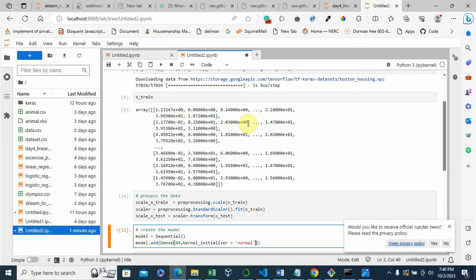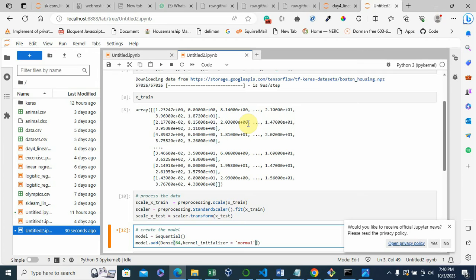We have the softmax functions, we have the linear functions, we have the sigmoid functions, and we have the rectified linear unit, which is mostly used. The rectified linear unit is called ReLU, and then you have the hyperbolic tangent function, tanh. There are a lot of these functions used as activators, but like I mentioned, the rectified linear unit is mostly used. The activation function is a mathematical expression that decides whether the input should pass through a neuron or not based on its significance.